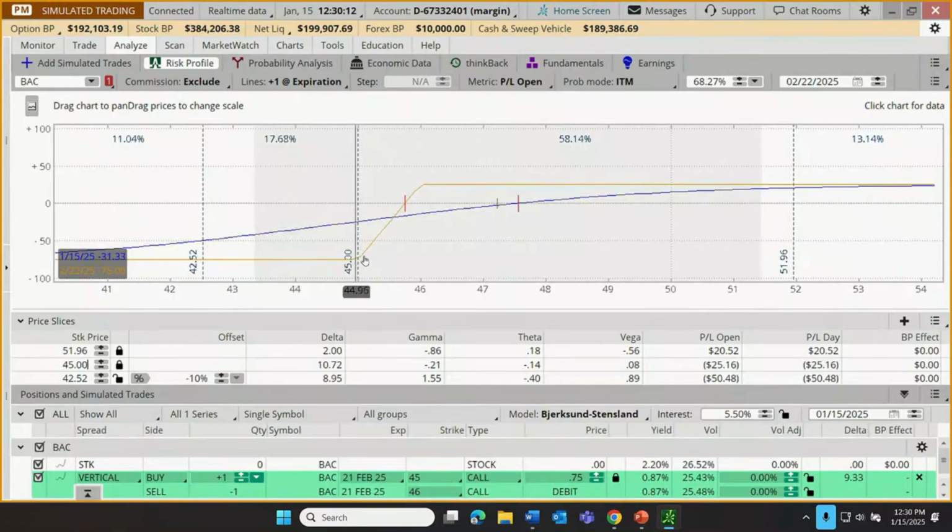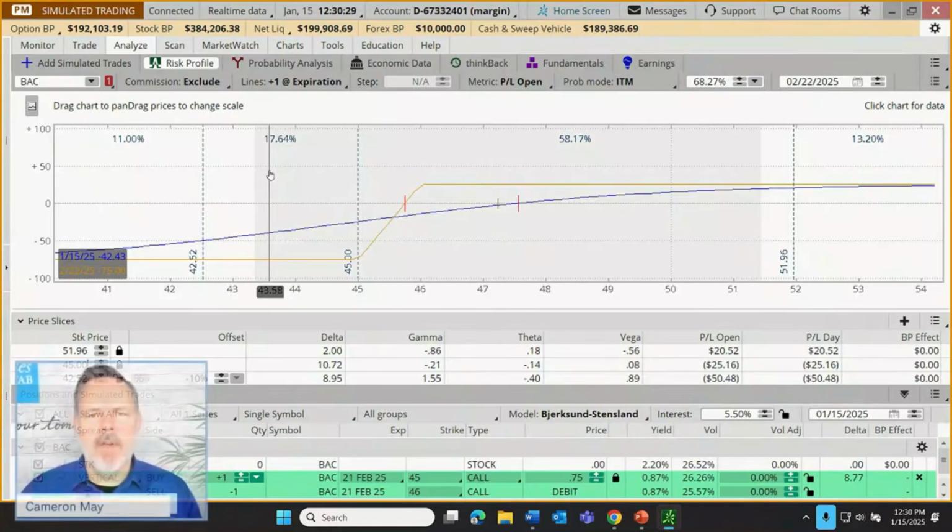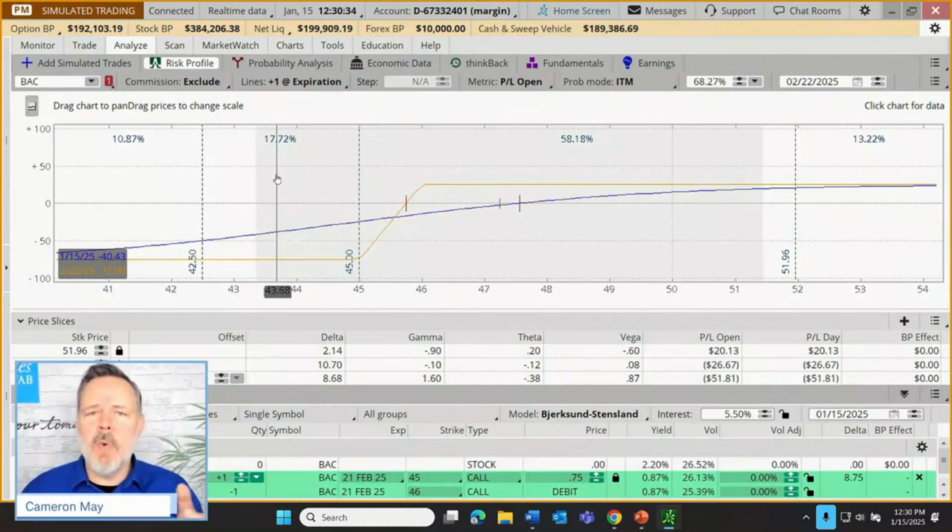But if I do my math correctly, if there's a 62% chance of maximum gain, and there's about an 18% chance, maybe a 19% chance of maximum loss, that's about 80%, right? Maybe 81%. Where's the missing 21%? Well, that is the likelihood that we don't get maximum loss, we're not at maximum gain, we're somewhere in between.